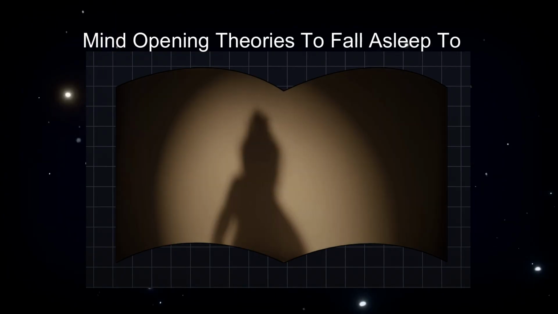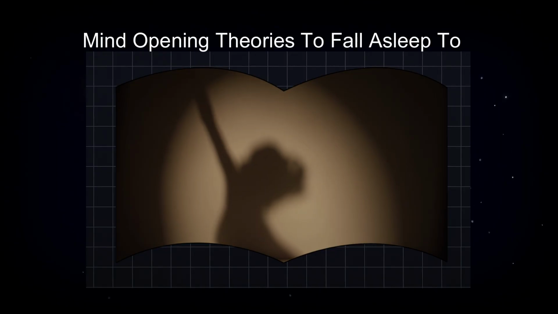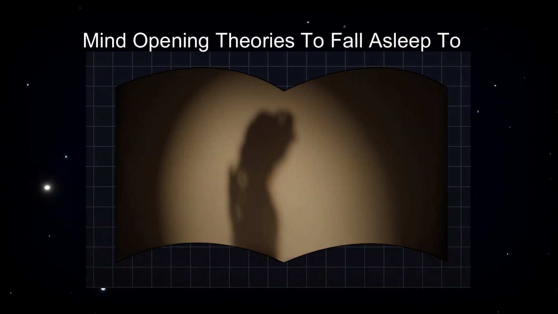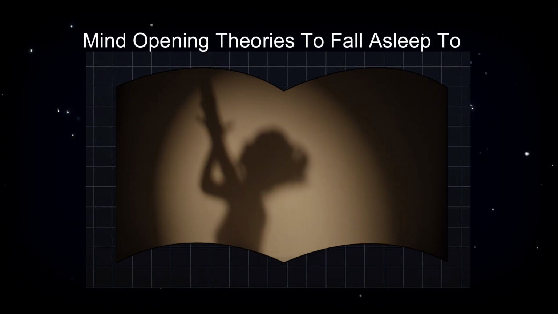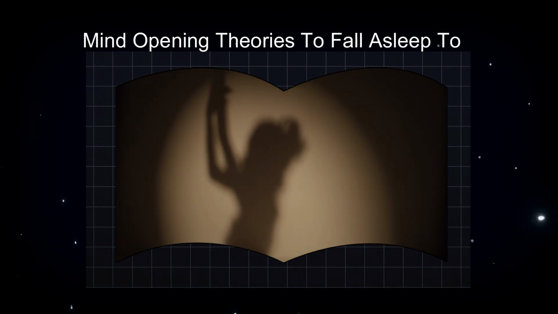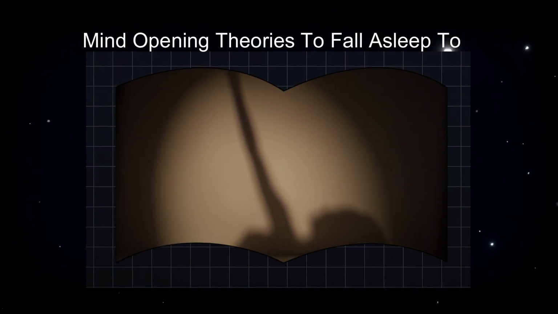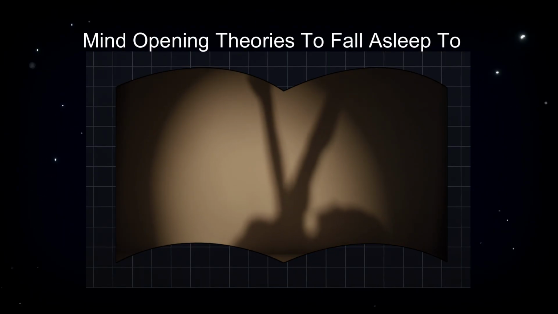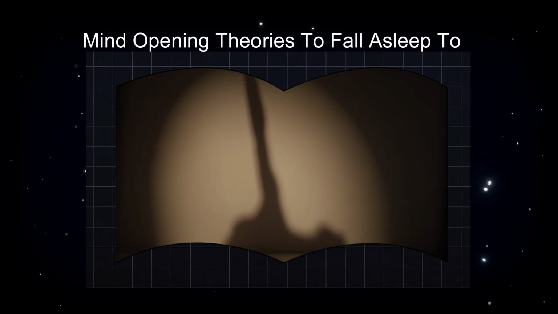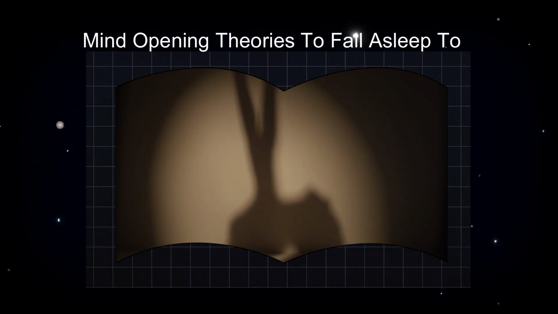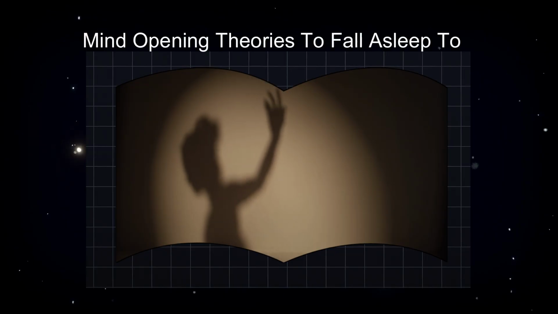Eternal inflation. Picture blowing up a balloon, but instead of it stopping at a certain size, it keeps expanding forever. Now imagine that as it inflates, tiny bubbles start to form on its surface. Each bubble begins to expand as well, forming new bubbles, which form even more. That's the basic idea behind eternal inflation. It's a model in cosmology that suggests our universe is just one of many born from an endless, self-perpetuating process that creates entire universes like bubbles in an ever-expanding sea.